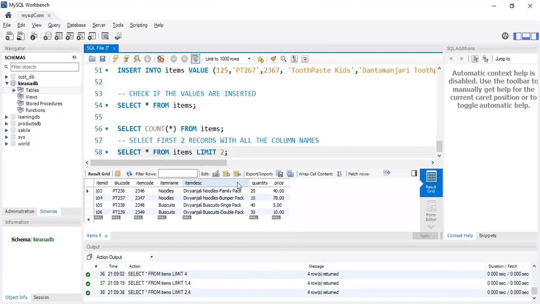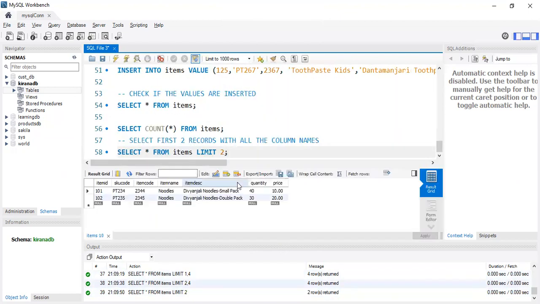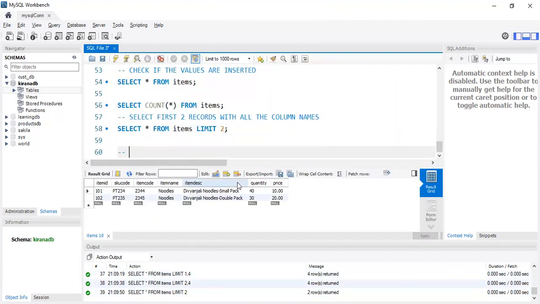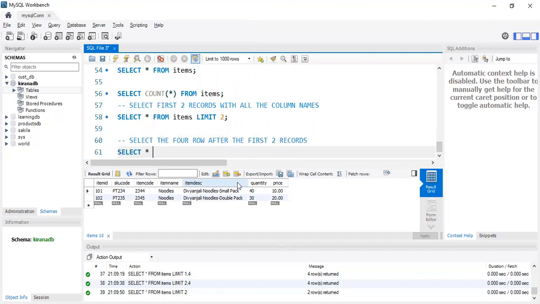First thing is, if I use limit 2, this will give us the first 2 records. But let's say I want to skip the first 2 records and select the 4 rows after the first 2 records. This is what we want to do. So how do we do this? Select star. Star, a wildcard, indicates that we are selecting all the columns from items, limit